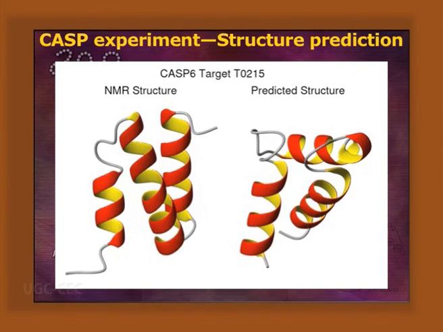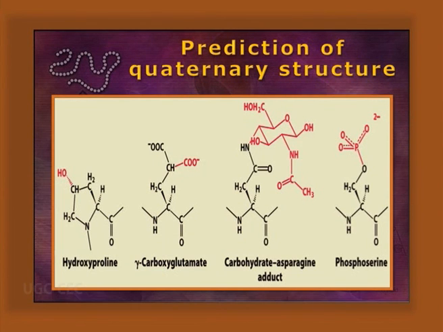Determination can be done by the chemical probing method, and the cusp experiment helps to predict the quaternary structure, apart from which some sort of covalent modification is actually needed after or during the course of folding. Like we can have the presence of hydroxyproline in the case of collagen, and gamma carboxyglutamate in the presence of prothrombin, important for blood clotting.